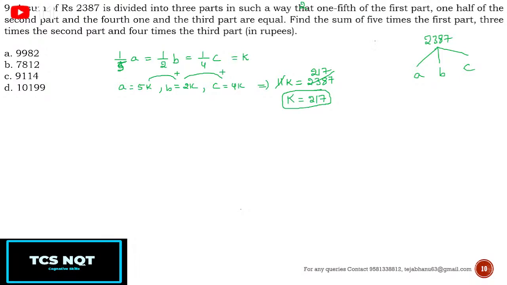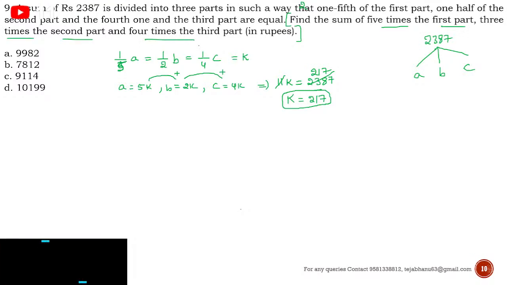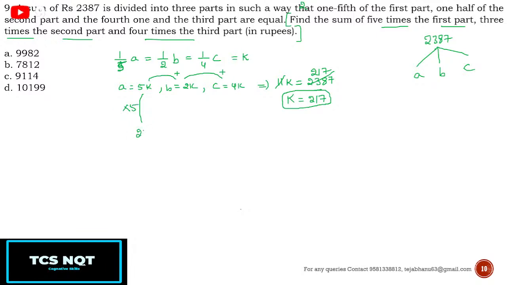Now, have a look. Find the sum of 5 times of first part, 3 times of second part, and 4 times of third part in rupees. See, this is 5 times of first part. This will become 25K. And 3 times of second part, this will become 6K. And 4 times of third part, this will become 16K. So, if you add all this, you'll get,